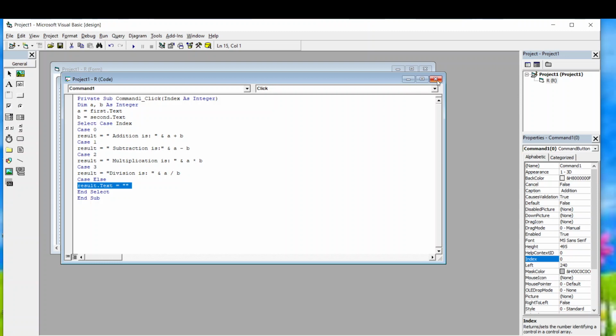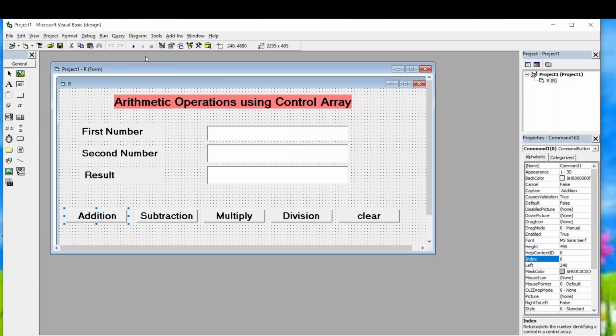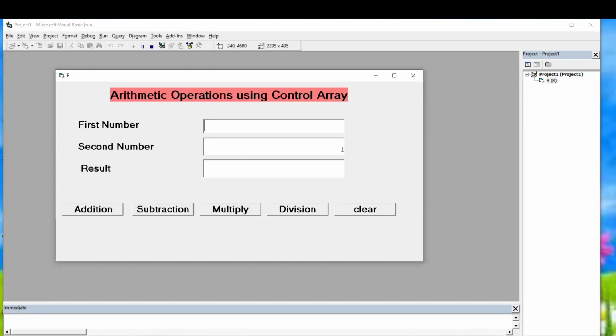Now we'll just execute and see whether our coding is working or not. I'll go to the start button and execute it. So this is your output screen. First number I will give as 56 and the second number I will give as 4. Now if I press addition, my value should be added. Here it is added, 56 plus 4, 60. If I clear, only this text box gets cleared. We'll see. It is clearing. Now if I press subtraction, there is the subtracted value, clear, multiply, the multiplied value, clear, division, my divided value is this one.